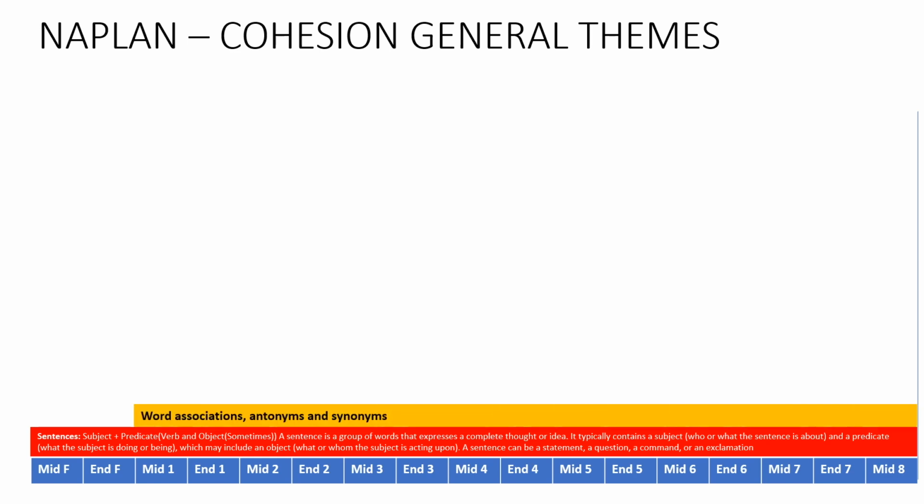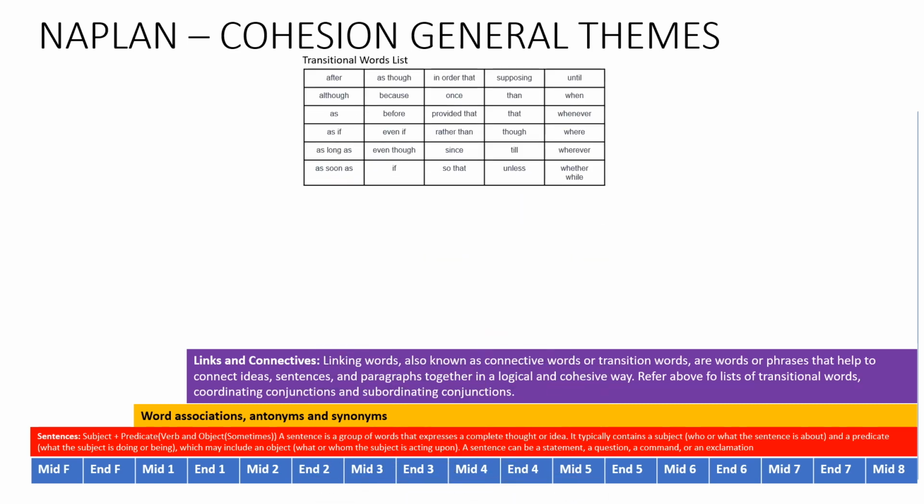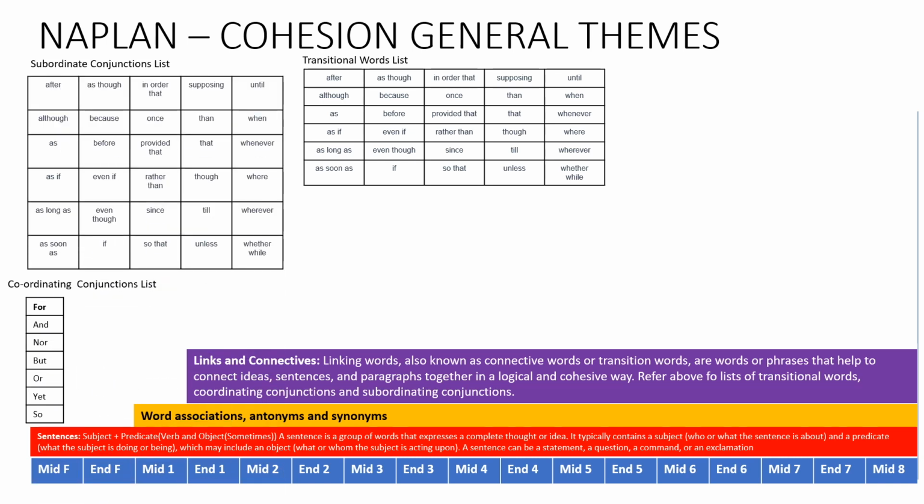Then we also have word associations, antonyms, and synonyms. Then also links and connectives. Now, I've got a brief description of what those are there, so that's an easy reference point. But I've also included in this infographic a couple of tables. One table will be a table of transitional words, but I've also included tables of other connectives that you can use, for example, coordinating conjunctions, and also subordinating conjunctions,